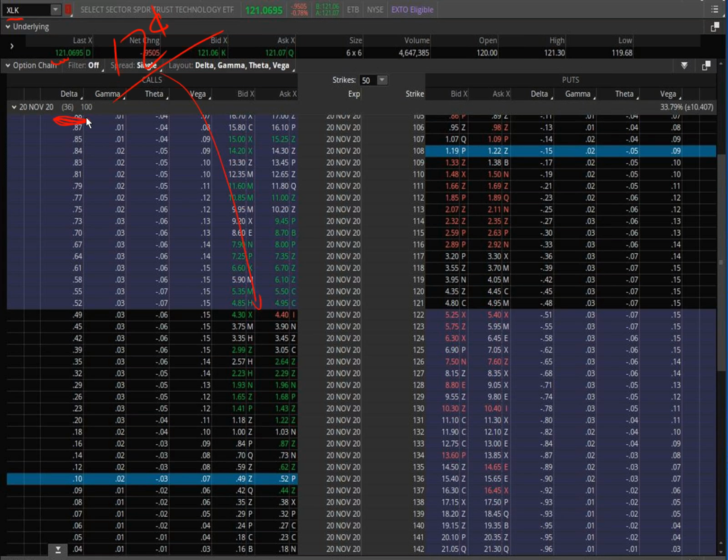Why is that the spot month? Because that's where all the eyeballs are, right? One of the better ways to see free market price discovery going on is to be participating in the one that has all of the eyeballs. So this is a good judge. This 35 days to expiration is a good barometer, if you will, as to whether or not there's going to be a lot of open interest or eyeballs on this underlying. And it will filter out to the further duration ones that don't necessarily fit this rule.